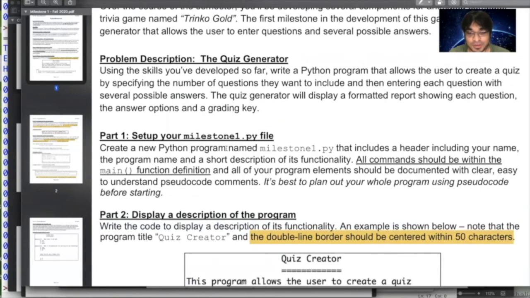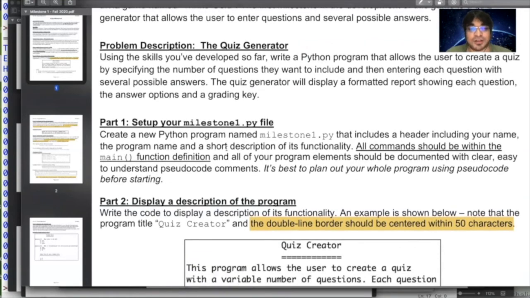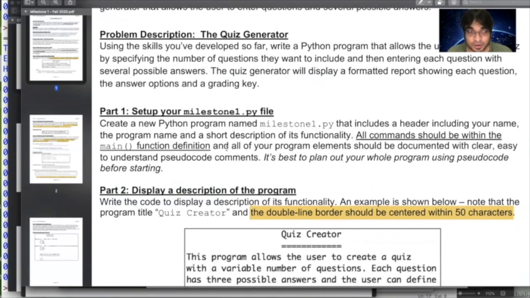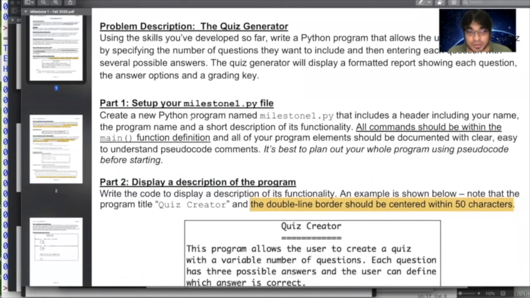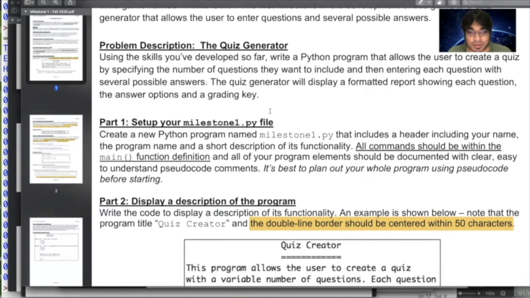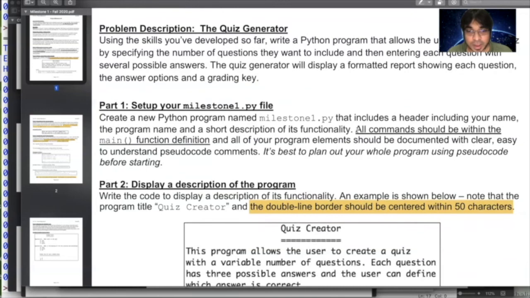That way it will be more obvious to you what you are supposed to do here. So we will create a Python program named milestone1.py that includes the header, just like the ones you submitted already, your name and things, and all commands should be in the main function definition.